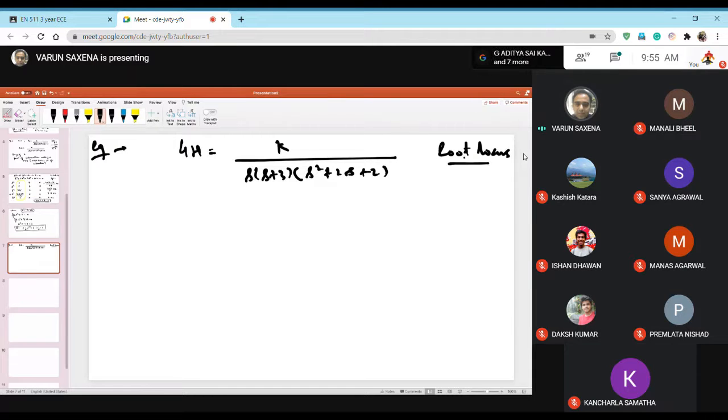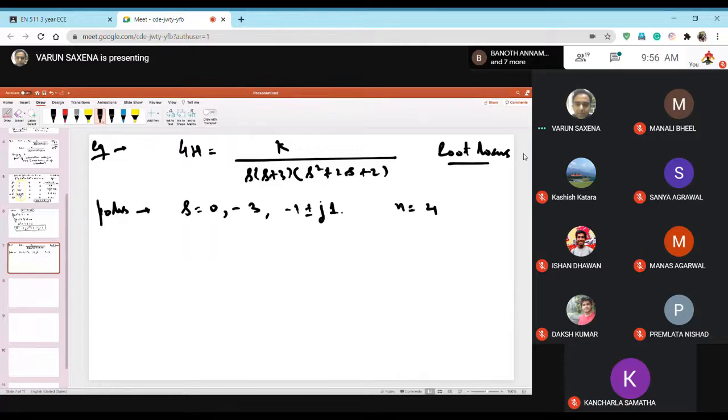We have to create a root locus plot. So the first thing is we find the open loop poles, and they are at s equal to 0, s equal to minus 3, and if you solve this equation, you will get the value as minus 1 plus minus j1. So that means the value of n is equal to 4.